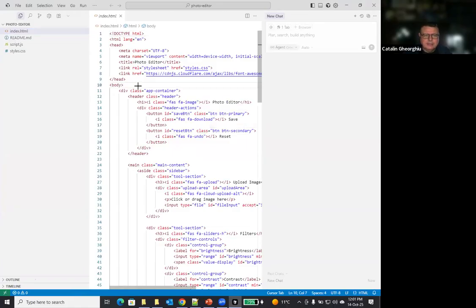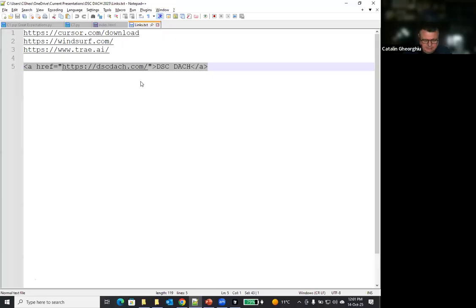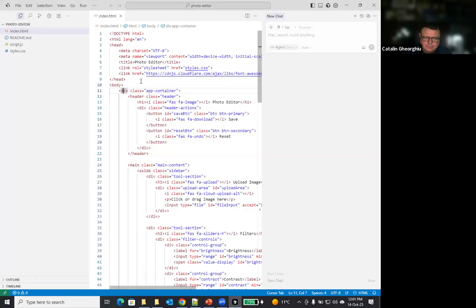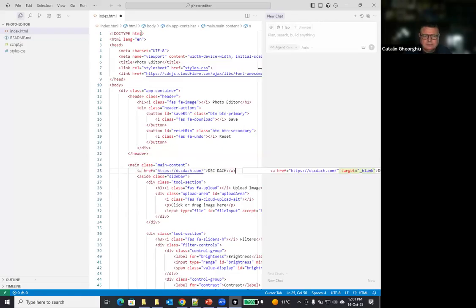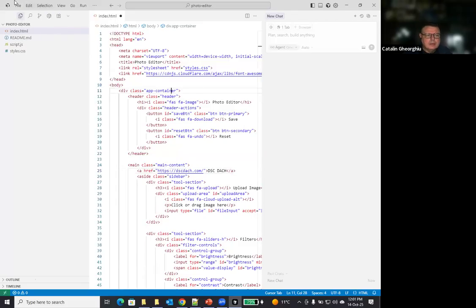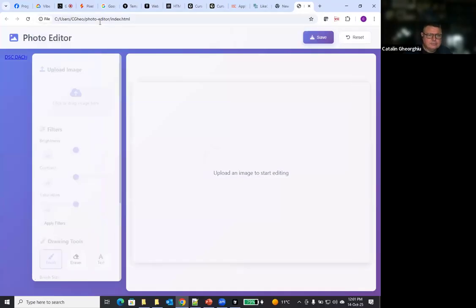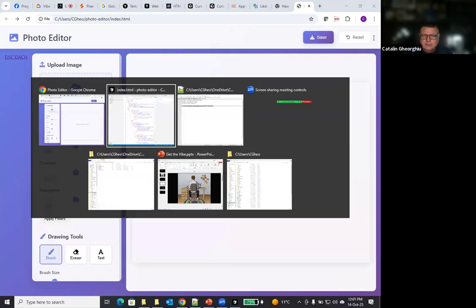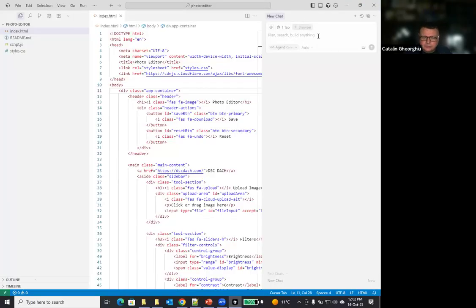And in our case, let's add, as we know, this button, and let's see what we're gonna have. And need to do a save, and we have here our button. So this is working.